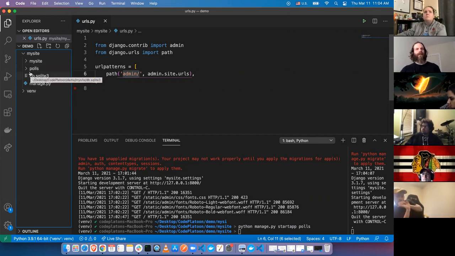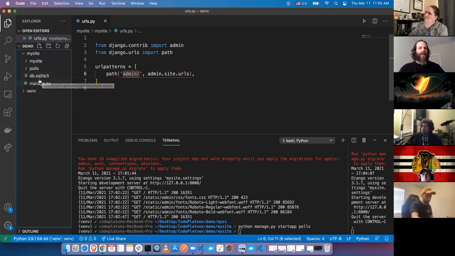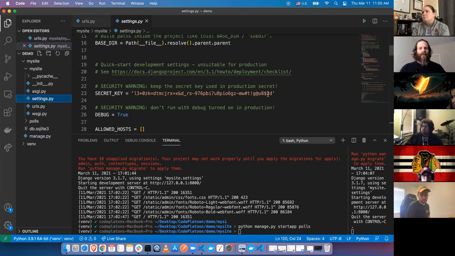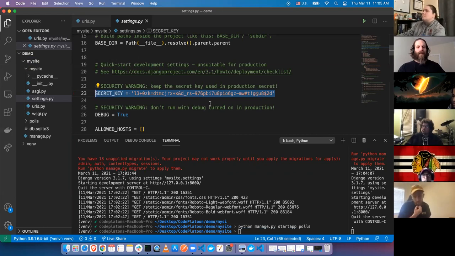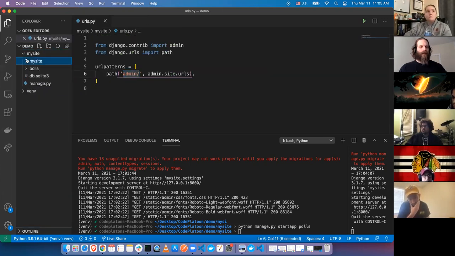If you're using a SQLite database, depending on your use case, you may or may not want to put your database there. Definitely don't want to put things like your secret key. Don't want to be putting that up on GitHub. So you'd want to handle this a different way, but I'd say for a starter gitignore,